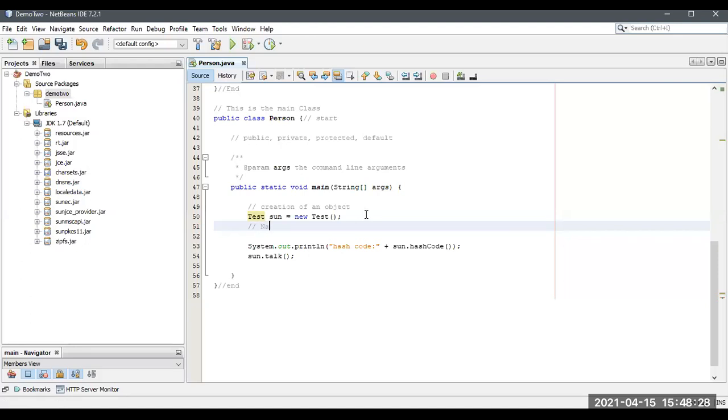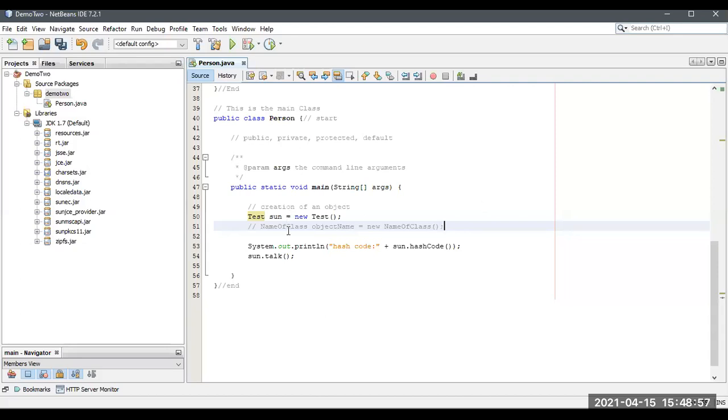So, the name of the class to which we are going to create an object, and this is the object name for this class, and there should be the keyword new and the name of the class. So that is how to declare.